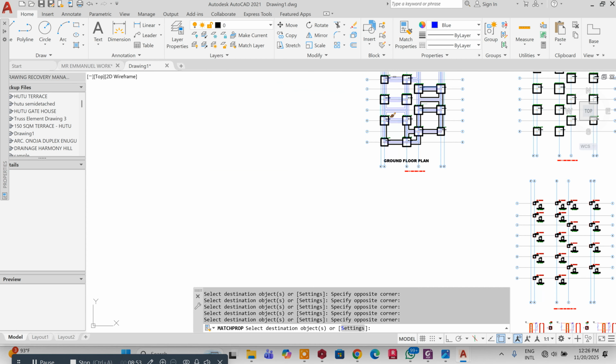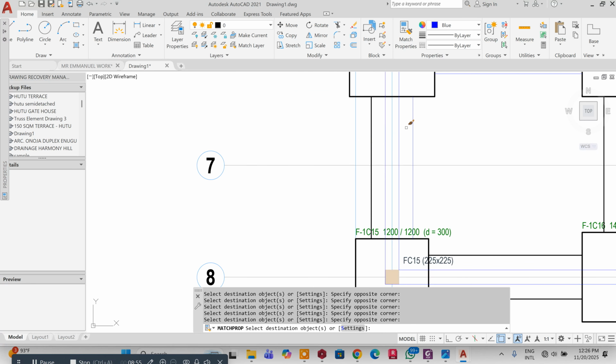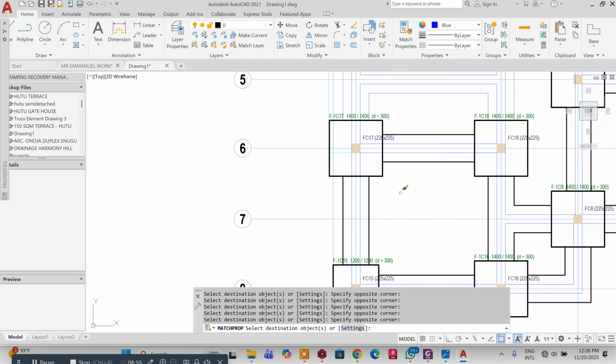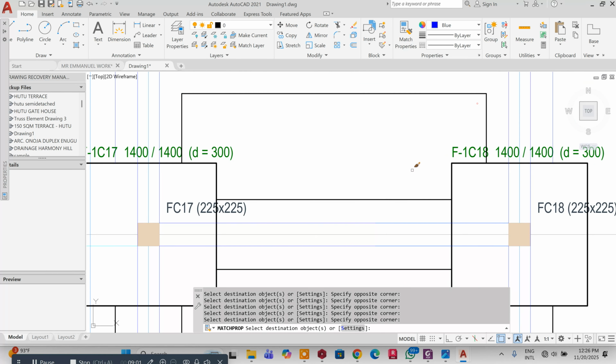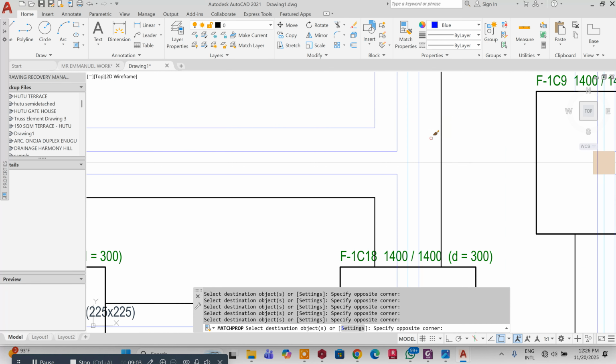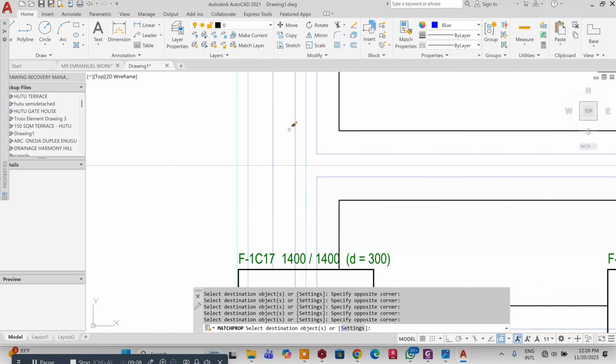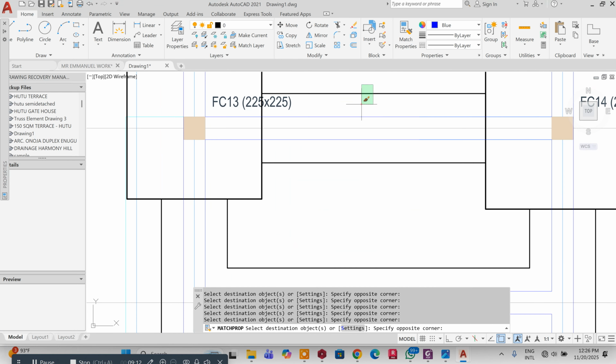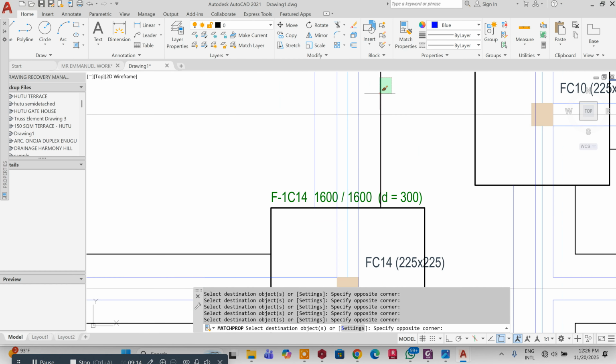So you can see in less than how many minutes I'm able to do my foundation layout. We're also going to be learning how to detail our columns. I don't export or import any template here. I'm just using what I have. So for those of you that are always looking for templates,